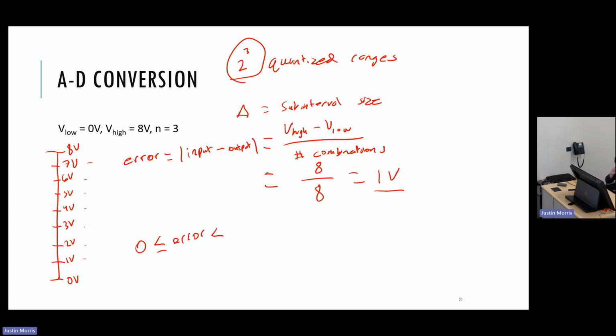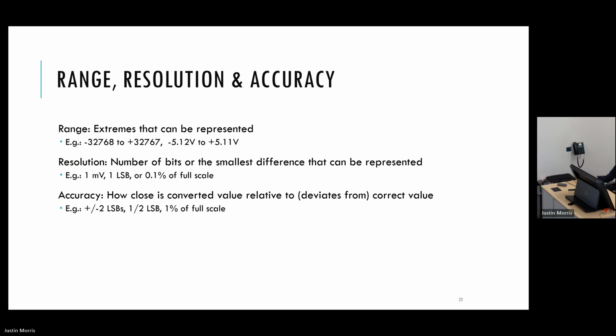But it's always going to be less than our sub-interval size, because as soon as we reach this threshold, we are going to output the next step. So our error is bound by this equation, and that gives us this